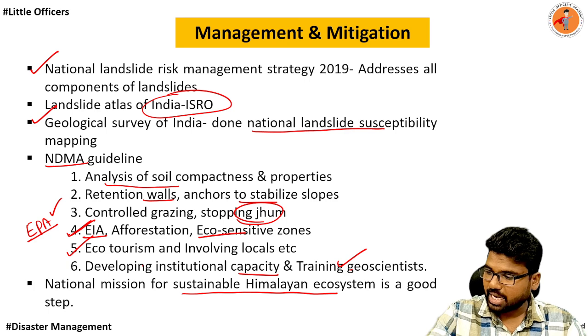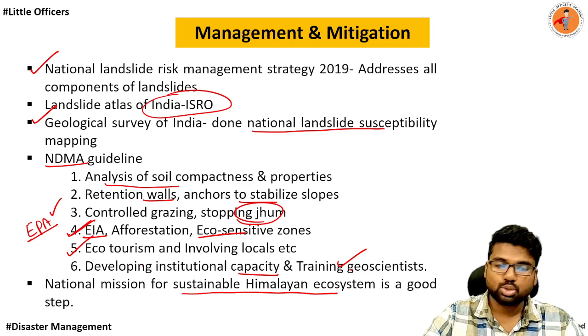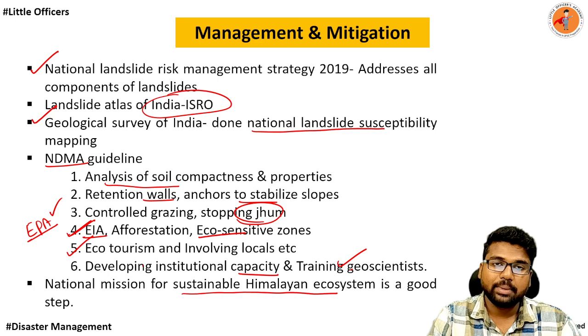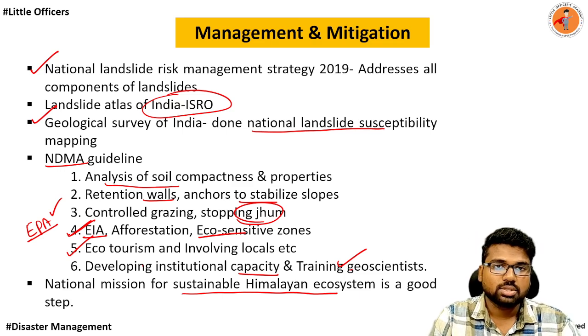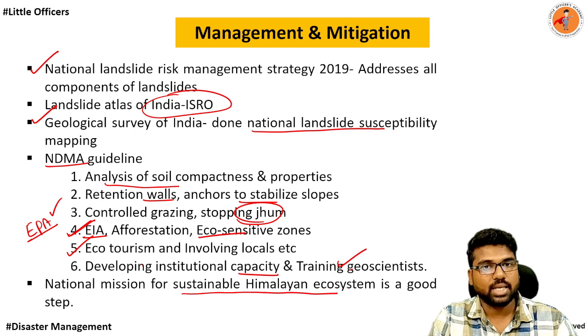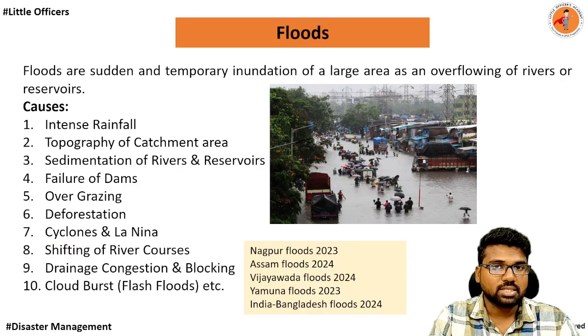So far we have covered earthquakes very elaborately, then volcanoes not much, landslides. On the sidelines of it, you can also say avalanches. So these are all some natural disasters. We have covered the causes, consequences, and what kind of mitigation strategies are existing or can be taken as a forward, as a future step. Okay. Next important